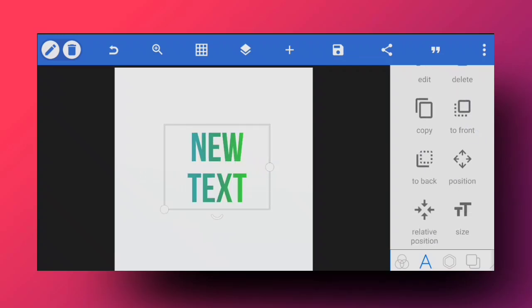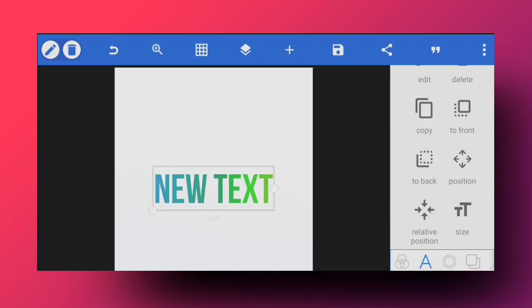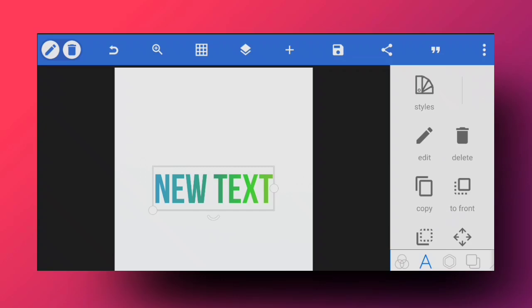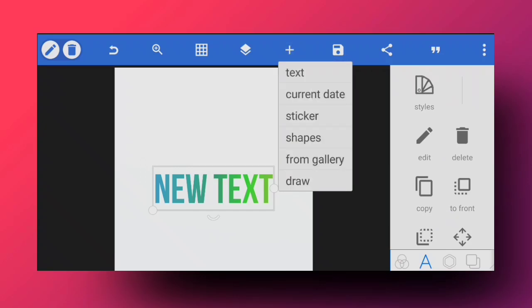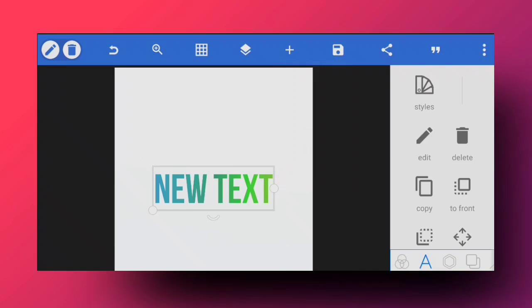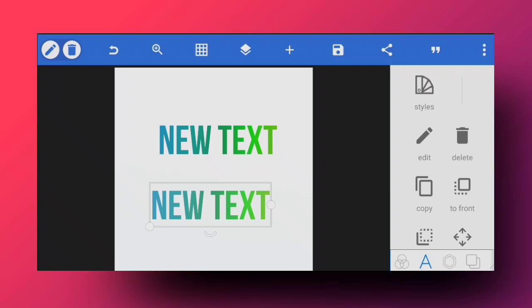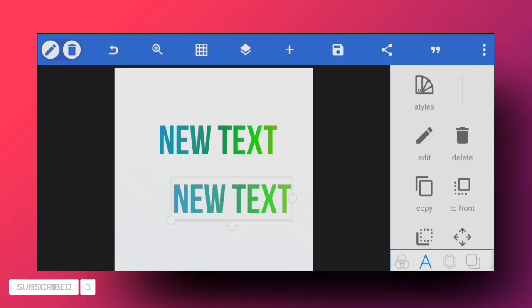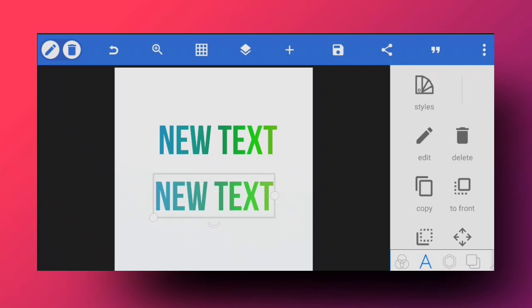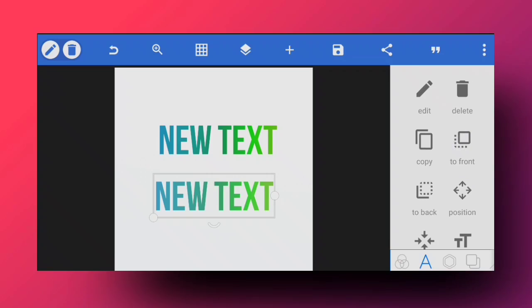Copy. Now copy is also something that I always use, and it really comes in handy. You don't have to add text again and again by clicking on this plus icon and clicking on the text. You can just click on the copy tool and it will create a copy of that text effect. I know it is simple, but if you have edited one text and you want to add multiple texts similar to that, like you have added the font, the effects, the color gradient, you don't have to add all those effects to the other text that you're going to add. You can just copy it and rename it, change it. That's how it works, and that's how you can save your time.